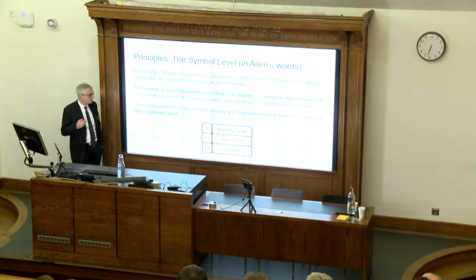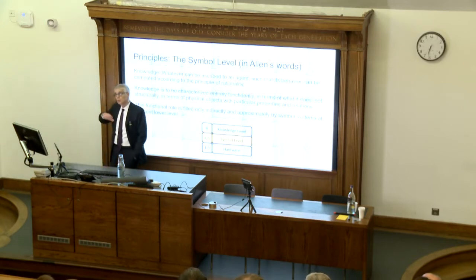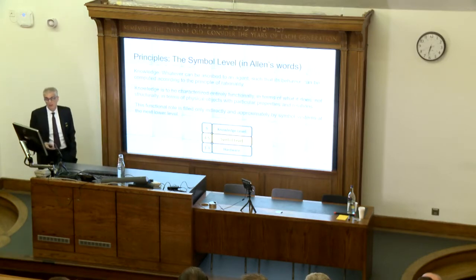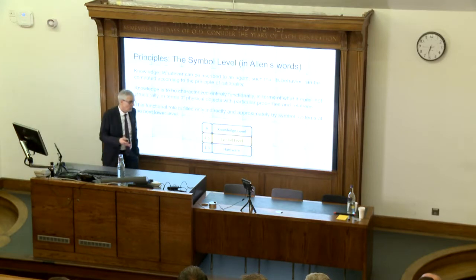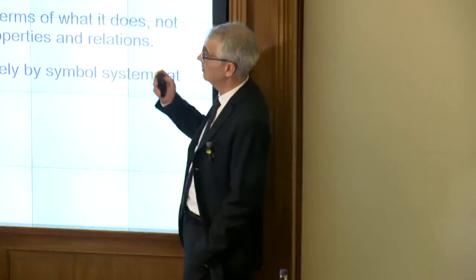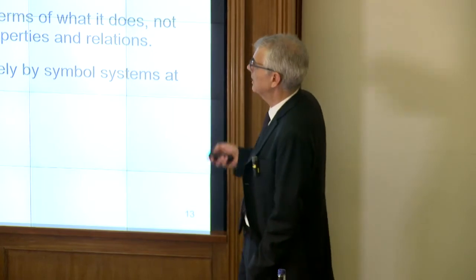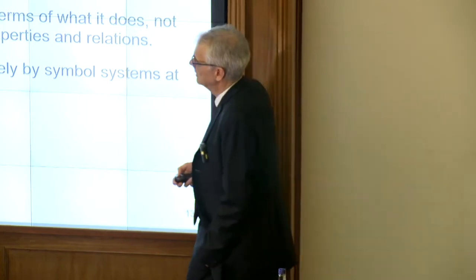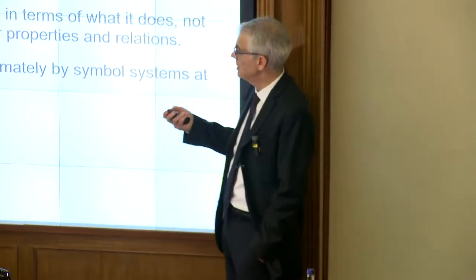Okay, so armed with our knowledge level view, we now move to the next level down in our hierarchy, that is the symbol level, where all this view has to be implemented. So knowledge is whatever can be ascribed to an agent, these are again Allen's words, such that its behavior can be computed according to the principle of rationality, and it is characterized in an entirely functional way, in terms of what it does,